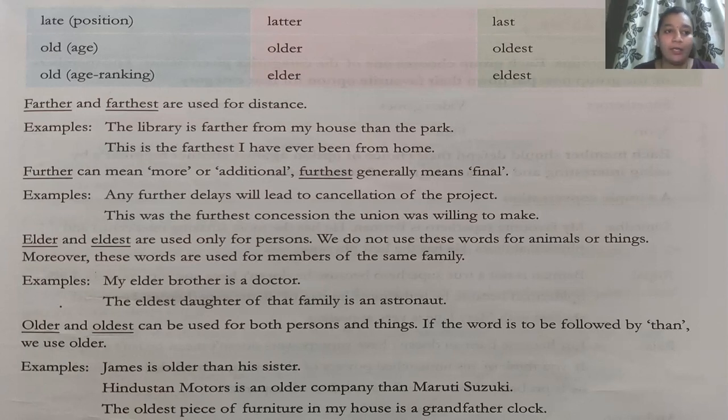Similarly for old, in one case old is used to show age, कि भाई वो कौन सी चीज या पर्सन कितनी पुरानी है. Older है यानी कि एक के कंपैरिजन में वो पुराना है, और oldest है यानी कि सबसे पुराना है. But in another case, old can also be used for age ranking. For example, किसी के family में दो भाई हैं या तीन भाई हैं या more than 2 or 3 cousins are there. So if we want to rank those people in order of their age, for that purpose, the comparative and superlative form will be elder and eldest.